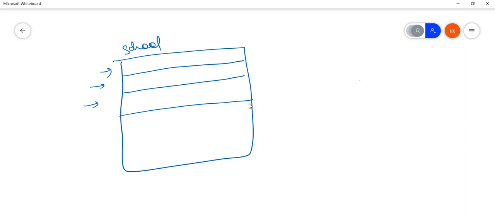Now let's say the school names are KM1, KM2, KM3. And now I tell you to please update the value of school name to KM1. What is it going to do? It is going to update all the rows, right? All the values will be updated to KM1.